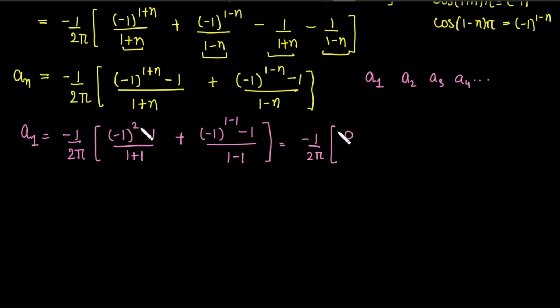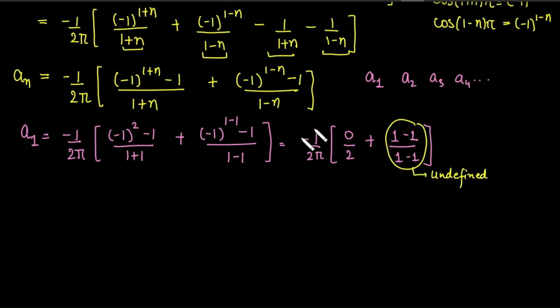Numerator term is 0 because minus 1 square is 1 and 1 minus 1 is 0 divided by 2 plus minus 1 raised to power 0 is 1. 1 minus 1 is 0 and even in the bottom we have 1 minus 1. So it is a 0 by 0 form and here that term is undefined. It means with the help of this expression we cannot calculate the value of a1. So in such cases what we need to do,